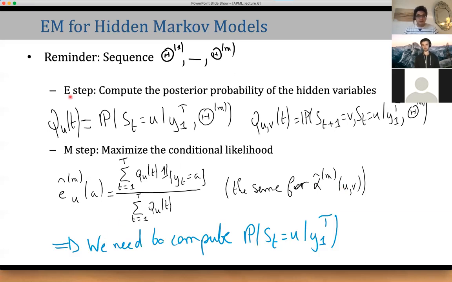So what do we need to be able to run this? Now we sketch what is needed for EM. It's roughly the same as the general EM, just that we have specific Q values which take into account the Markov chain structure of our hidden states. But we still need to compute the probability of having a hidden state at position T given the whole sequence. And you remember, we call that a smoothing probability. So how can we compute that?